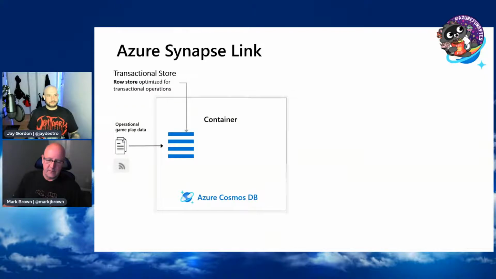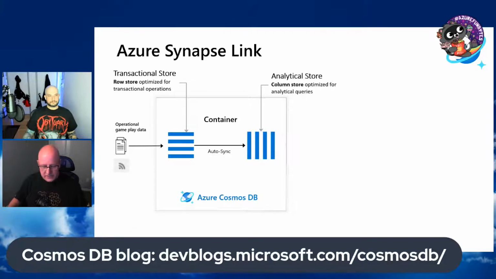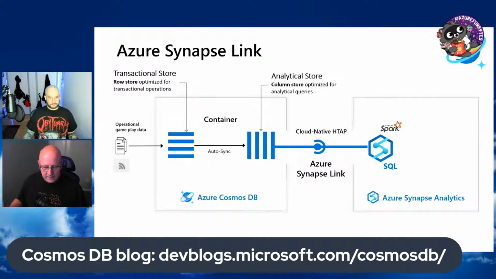There was one thing I wanted to talk about which is related to Cosmos, and that's this new service offering we announced last year, Azure Synapse Link. This is great because it provides what we call hybrid transactional analytical processing, or HTAP. It's basically for doing big analytics on Cosmos DB data. As you write data, or we ingest data into Cosmos DB, we automatically ETL that into a column store. That column store can then be connected to by Azure Synapse, and you can run queries on your Cosmos data using either Spark or SQL.